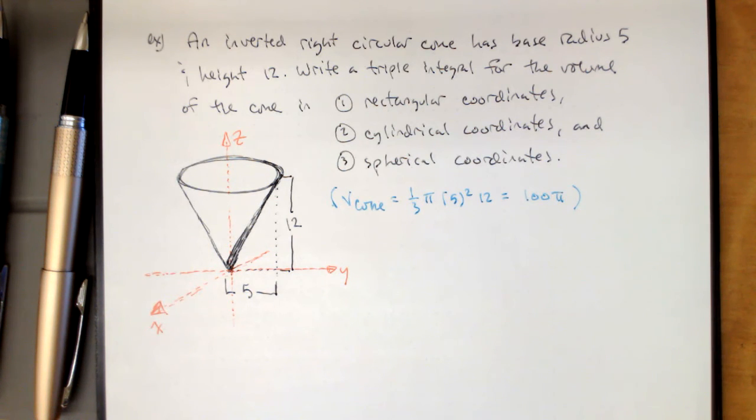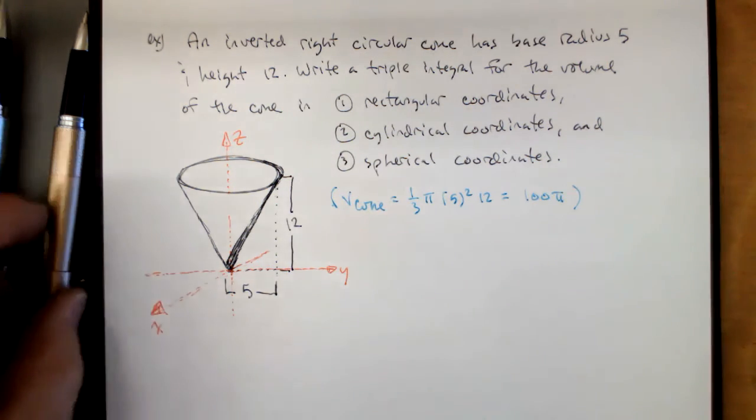Now notice that we do still have a circle, but the slope of the side, it looks like we're going to increase by 12 over 5. So that might adjust what we have to have for our coefficients. So what I want you to do is take this problem. Think about what the coefficients are going to have to be for the x squared and the y squared to make sure that we get the right cone from the side. So make sure that when you look at it from the side,